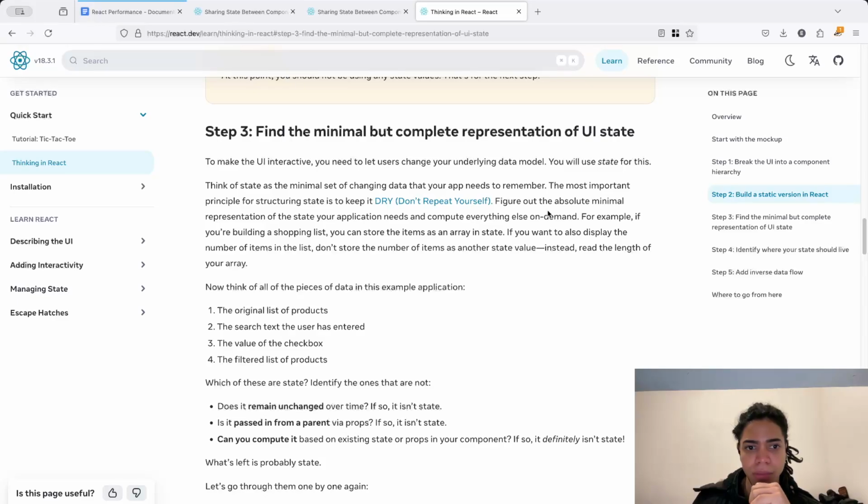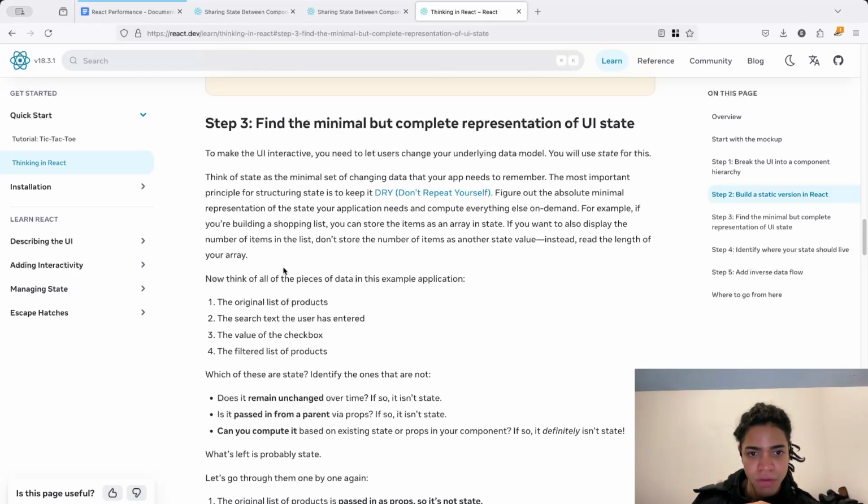Figure out the absolute minimal representation of the state your application needs and compute everything else on demand. For example, if you're building a shopping list, you can store the items as an array in state. If you want to also display the number of items in the list, you don't store the number of items as another state value. Instead, read the length of your array. Now think of all of these pieces of data in this example. The question is how are you going to actually now